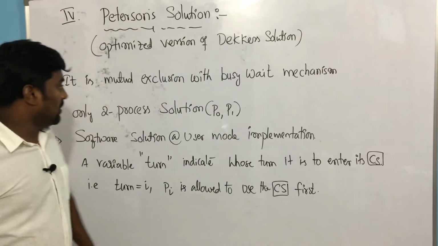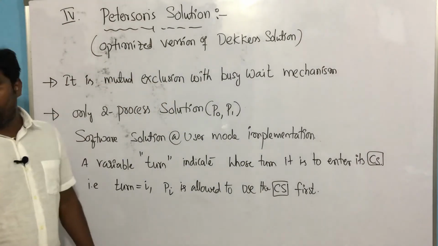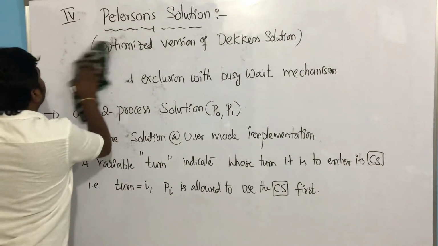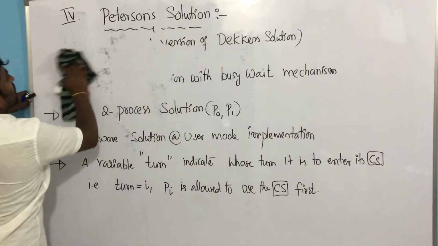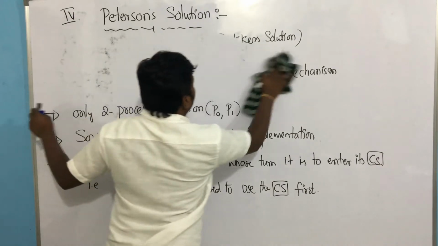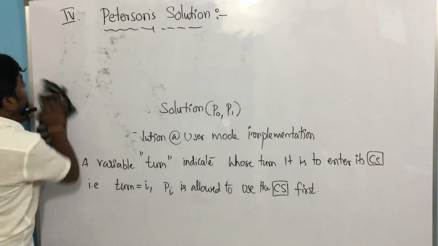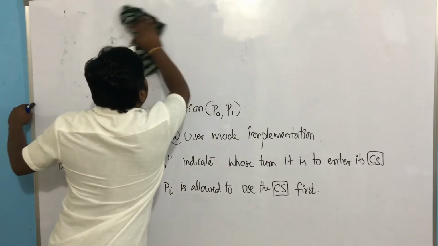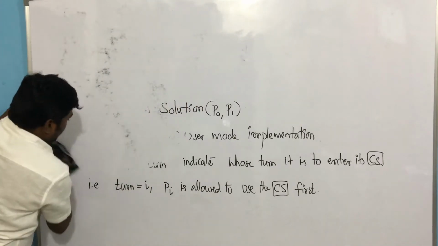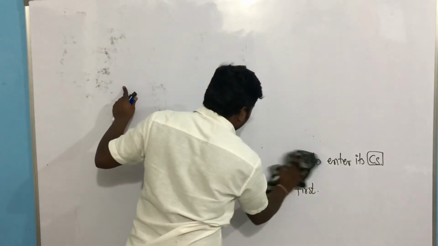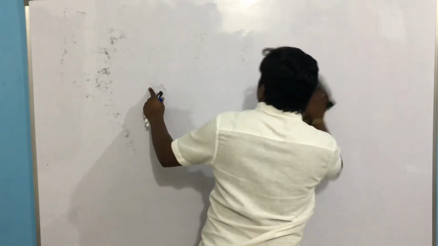Quickly, we'll see the code, and I already told you this is going to satisfy our requirements. Then we need to check whether it is really satisfying our requirements or not. First, I will write the code for Peterson's solution. It allows only how many processes? Two processes, right? Yes, look.